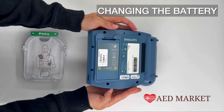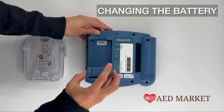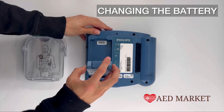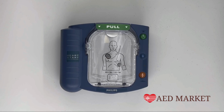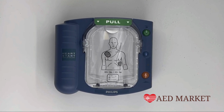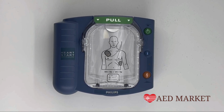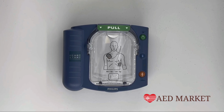To replace the battery, if in a case, take the AED out, turn it over, and remove the battery. Insert the new battery until you hear it click. Be aware that a self-test will follow, so follow the on-screen instructions. After changing the pads and battery, confirm that the ready indicator is flashing green, indicating that the AED is ready